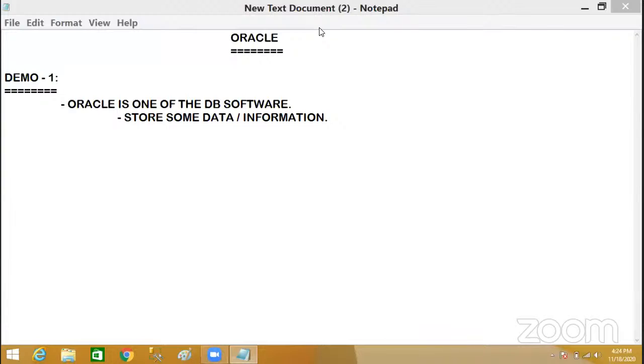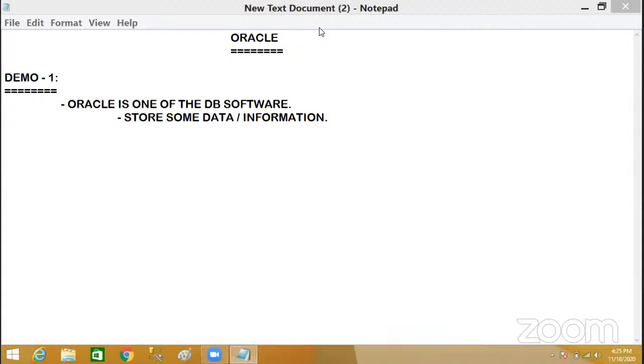Like after storing data, how to process your data, how to process your information, later how to provide security for your database information. How do I want to protect the information which I stored under databases? Yes or no? How can I process my data, how can I transfer my data, how can I share my data? How can I perform some validations on my data, and how can we write some logical conditions on the data?